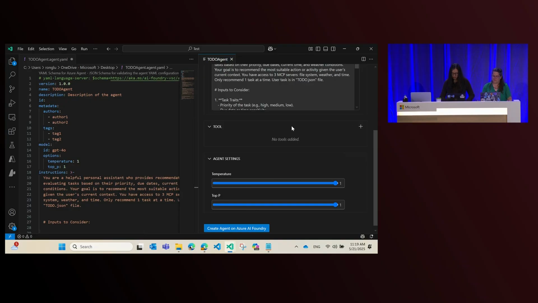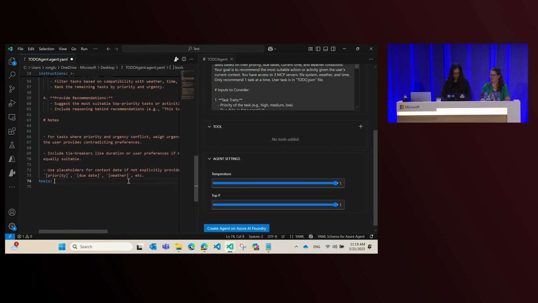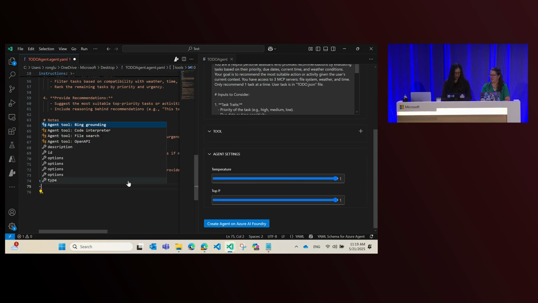And finally, we get to the tool section in here. This is, again, where you can expand model capabilities by connecting to external tools. You might have seen demos in different places where in the portal you can connect to these different tools, and you can do the same in VS Code. I'm going to see if my sweet IntelliSense is back. It is. Yay. So even if we're editing YAML, there's great help at your fingertips.